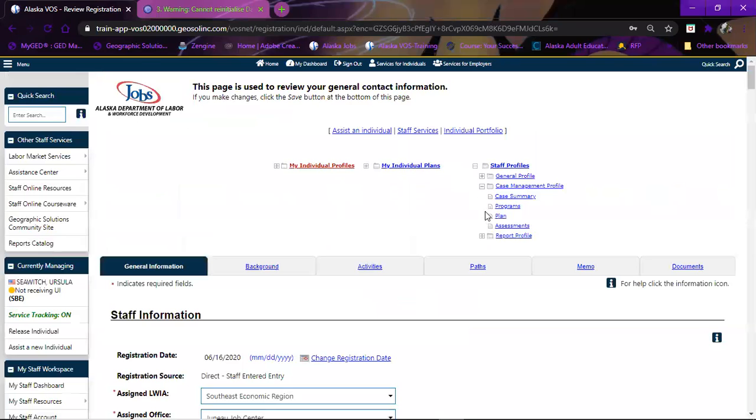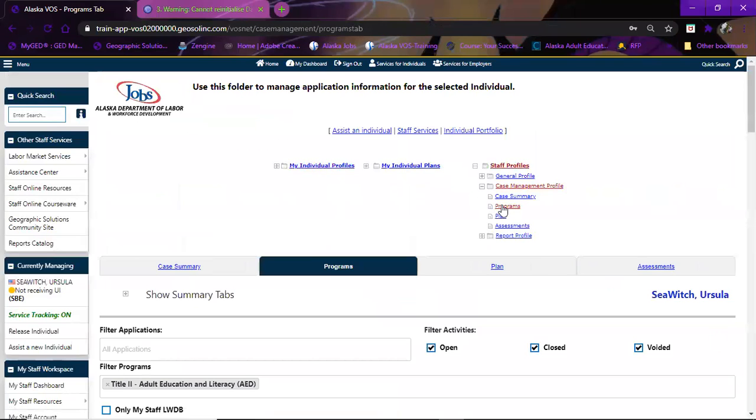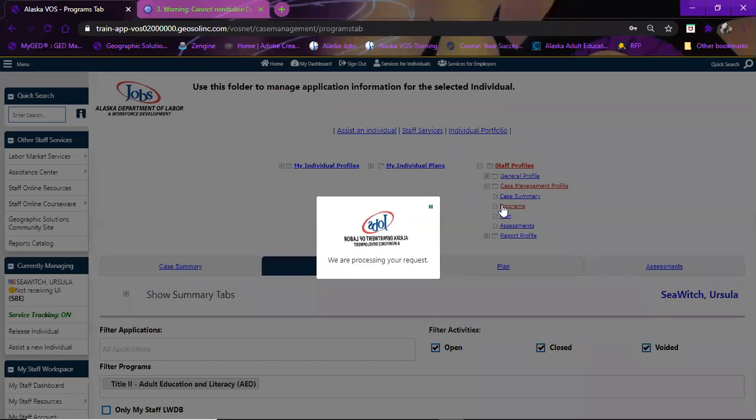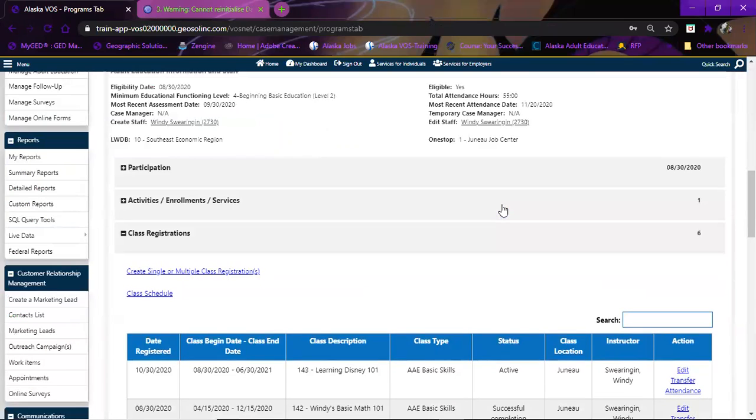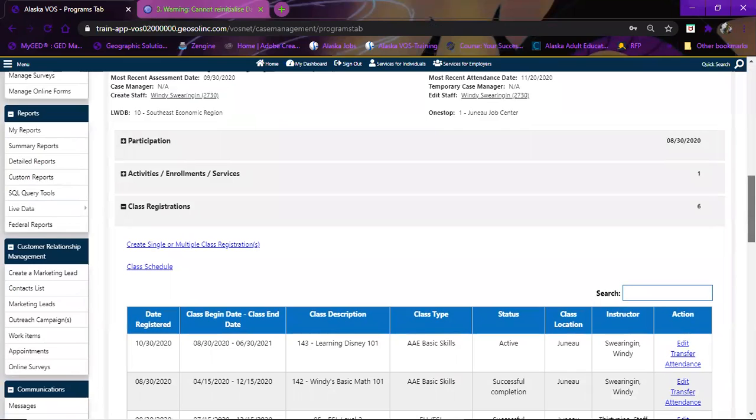And I'm going to go in and see where she's at. So again, it's going to take me to her individual record, but then I don't have to go assist her, find her. She's already right there. So I can look her up and